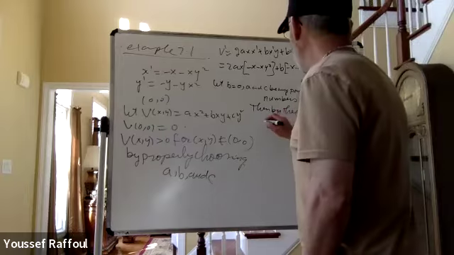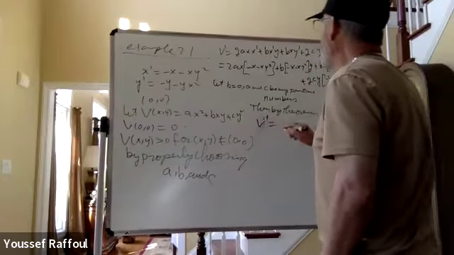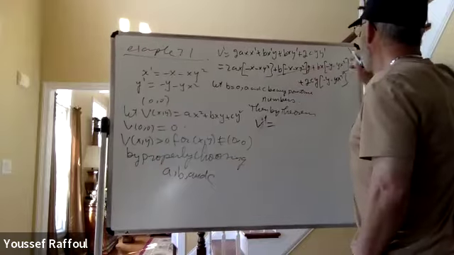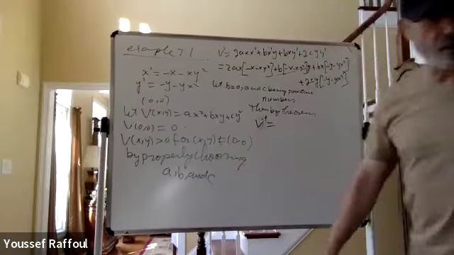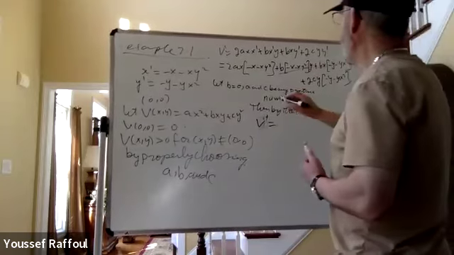So V prime is, so b is 0, this is 0. V prime is